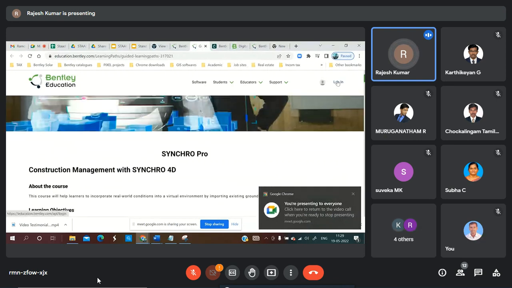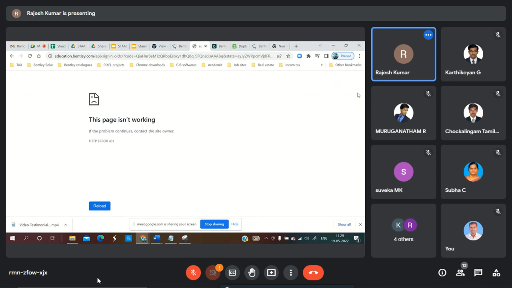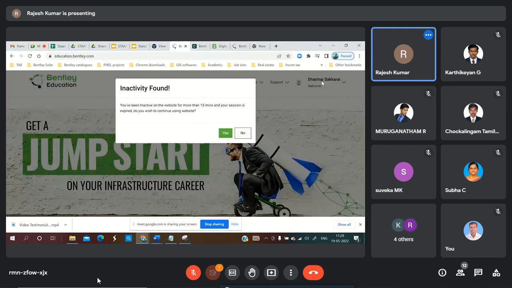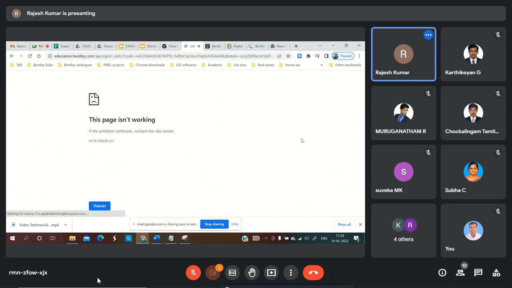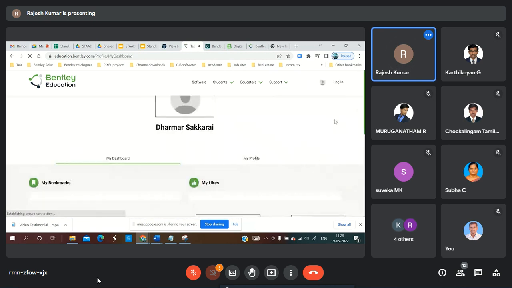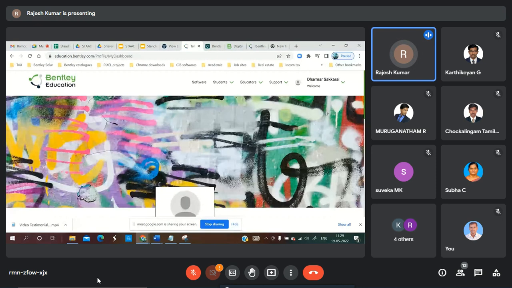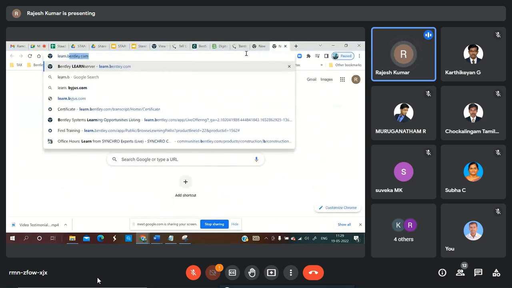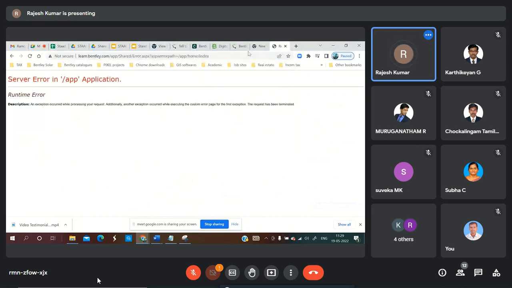For example, I've just logged in using your login ID and password. If you go to learn.bentley.com, for me, I don't know why I'm getting this error.